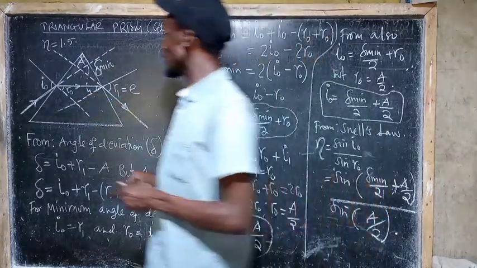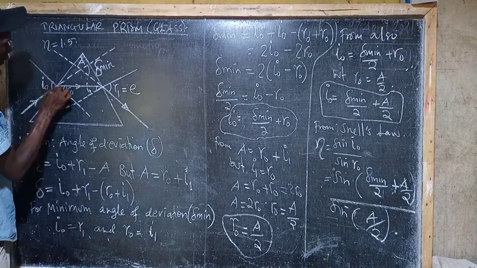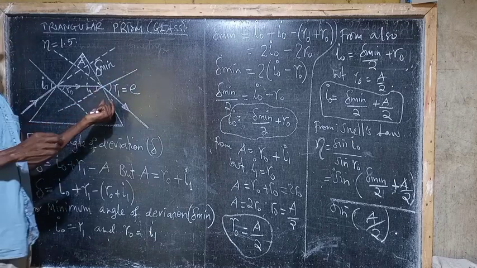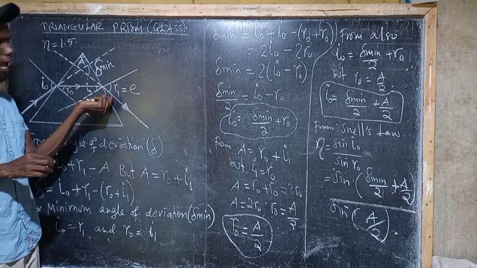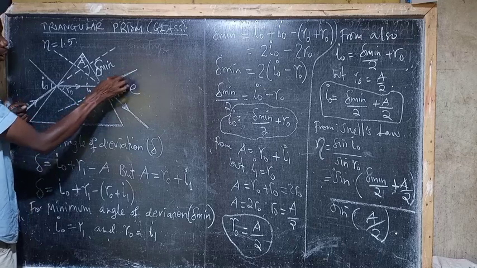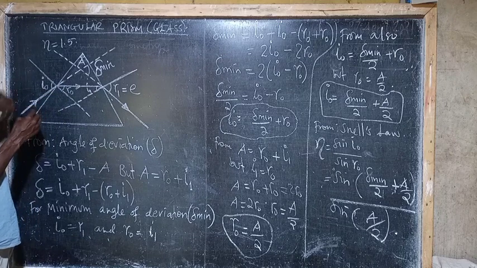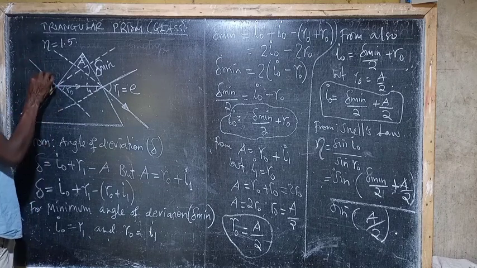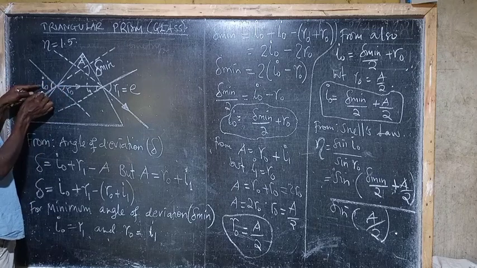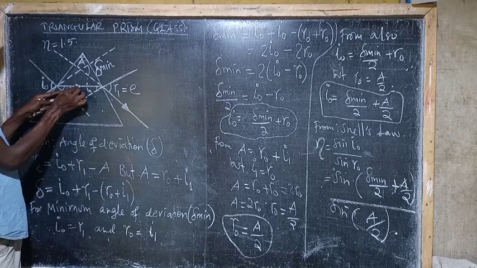When you look at this triangular prism right here, this is the normal ray. I've shown you how we can determine this normal ray and this normal ray practically. But theoretically here we can discuss the angle that is existing between the normal and the incident ray. We call it the incident angle. And the angle that is existing between the normal and the refracted ray, that is called the